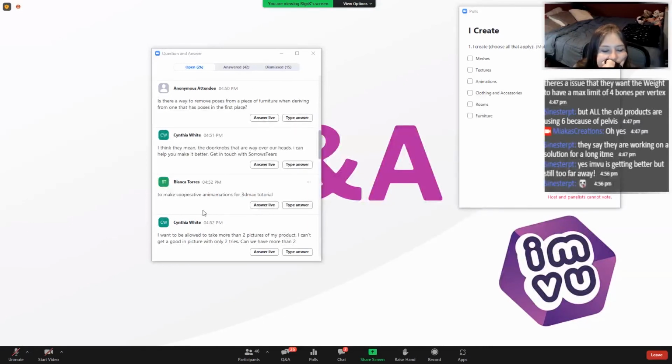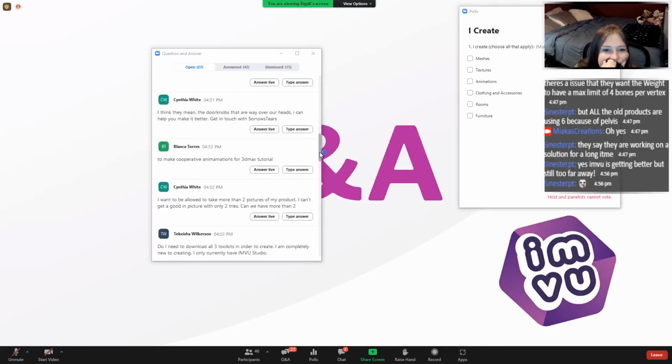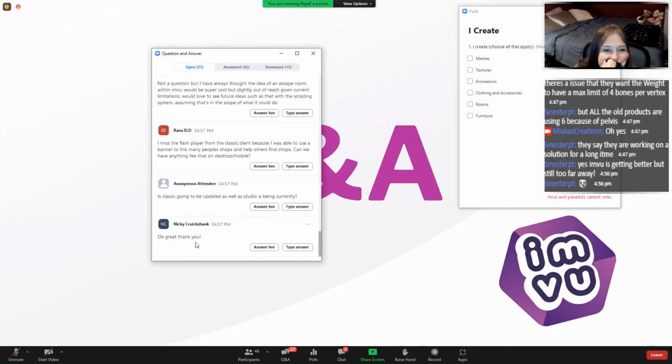Hey, I can grab this one question from an anonymous attendee. Can you explain subsurface shading a bit? Yeah, I was looking at that too. Subsurface shading actually does work, but currently in IMVU Studio, it is so subtle that you can't really